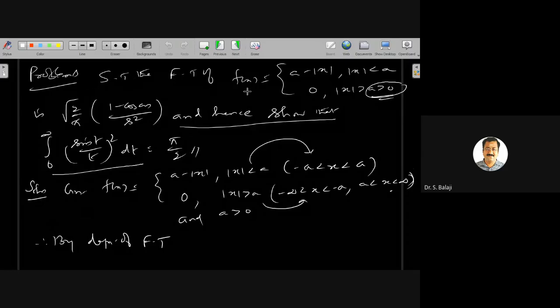Show that the Fourier transform of f of x, where f of x is equal to a minus mod x for mod x less than a, and 0 for mod x greater than a greater than 0, is root of 2 over pi times (1 minus cos as) by s square. And hence show that